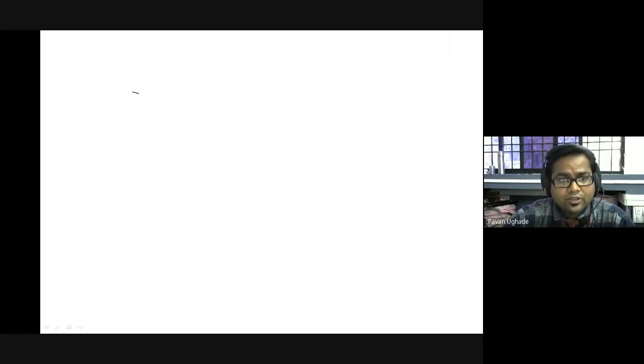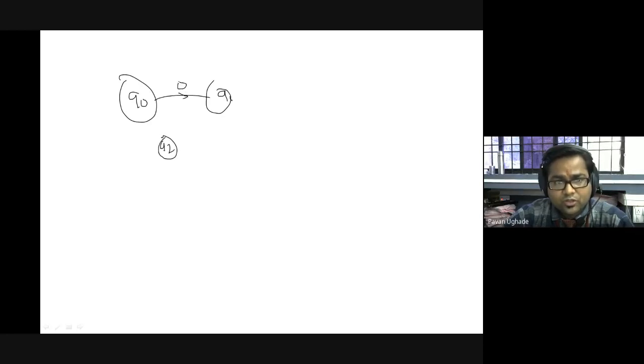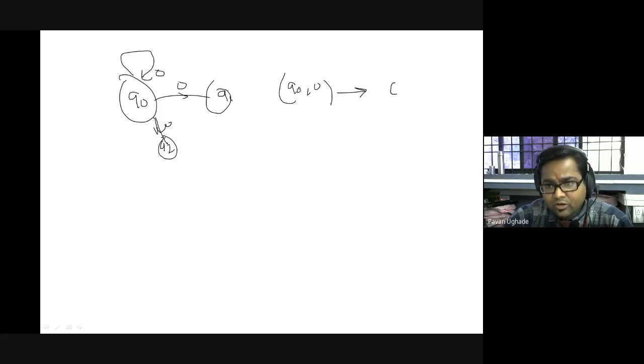Okay. If I take say q0, q1 and q2, what is the possibility that, over the same alphabet, there will be a transition? I'm taking only over 0. So what are the possibilities for q0 over 0? It may not go to any of the states, that is epsilon. It may go to q0, it may go to q1, or it may go to q2. This is what the possibility is.